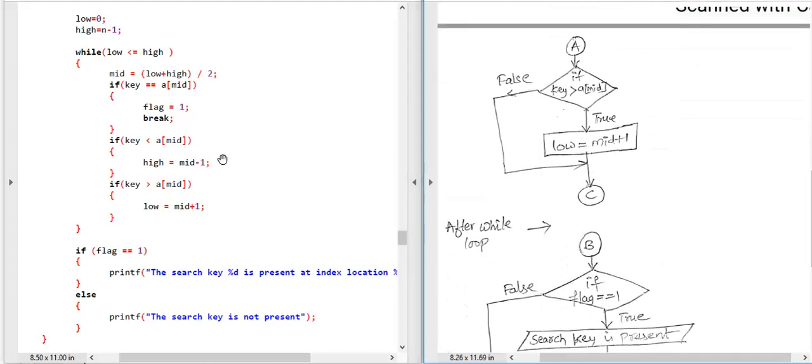Okay, so what is the A? If this condition is false, directly it will come here. That is another condition where we are checking key is greater than a of mid. If the answer is true, it will come here, low is equal to mid plus 1. If the answer is false, it will come here, and after this it will directly go to the next iteration,